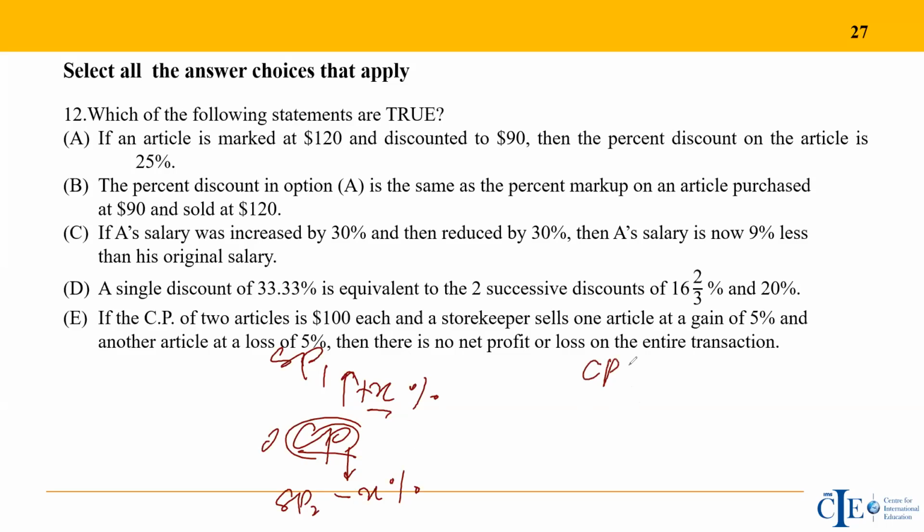So there is this CP1, okay, which you decreased by X percent and you got a selling price for this. And there was this another CP2, which you increased by another X percent. And after that, it is coming out to be this. So in the second scenario, you have different cost prices. Where you had a loss of X percent, it reduces to a selling price value. In the second case, you have a different cost price, which you increase by X percent, and it also gives you the same selling price. So the two selling prices are equal after subtracting and adding the X percent of their respective cost prices.